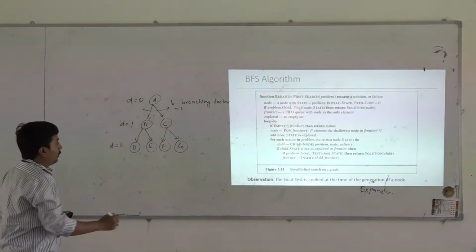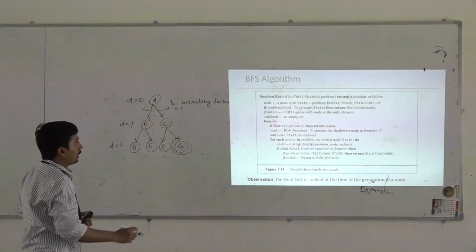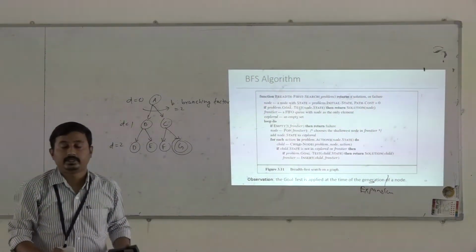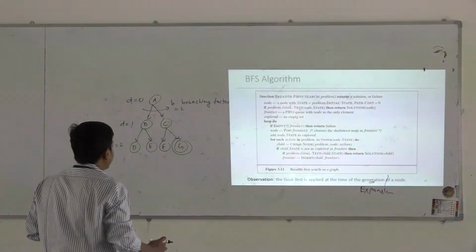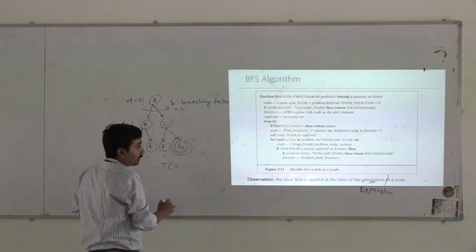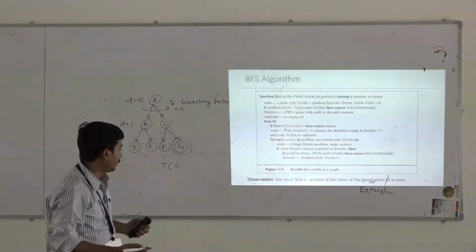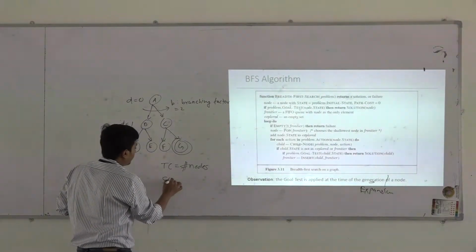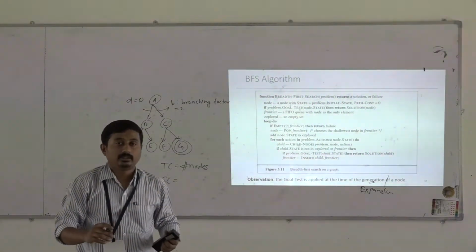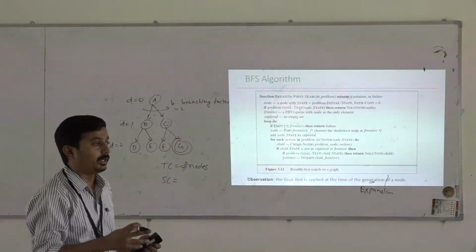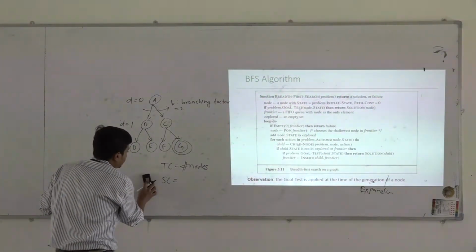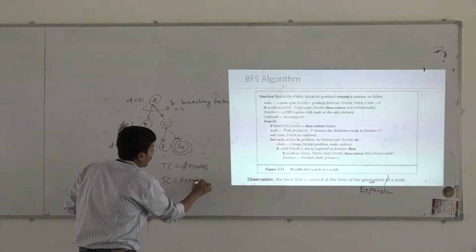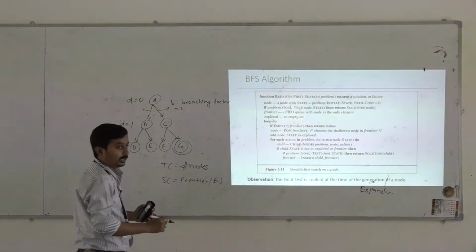Now consider G is our goal. We will apply this DFS algorithm on this and find out the time complexity and space complexity of this algorithm. We generally measure time complexity in terms of how many nodes you have to process, and space complexity at a particular moment is the maximum number of nodes that you are storing in main memory. So you have to compare how many elements are there in the frontier and in the explored set.